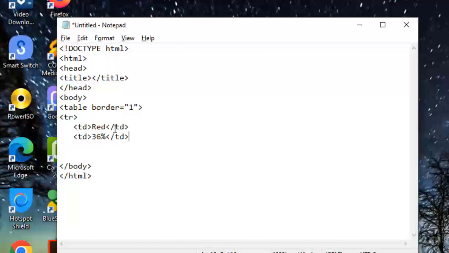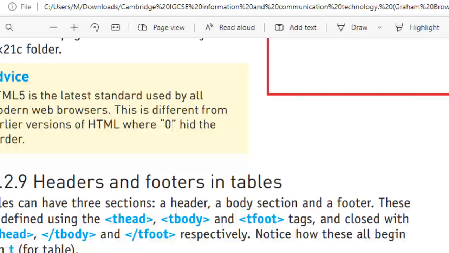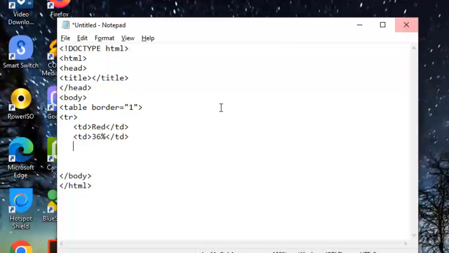Now I'm done with my first record unless I want to add another column or another cell in the table. I can start writing TD again and carry on with my information. But this is it because I have two columns over here, or two cells in the first record. So I'm going to close the tr